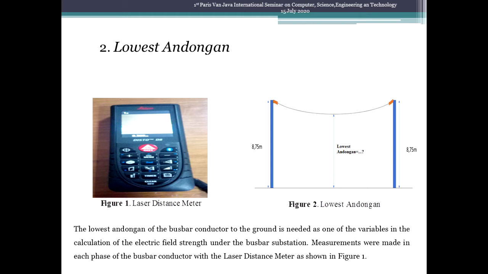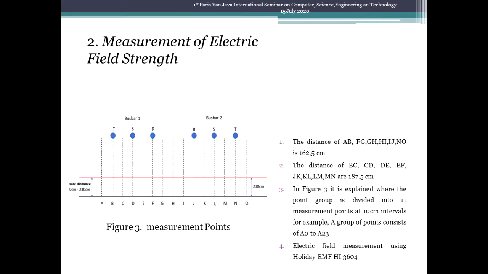Measurements were made in each span of the busbar conductor with the laser distance meter as shown in figure 1. We see figure 3. There are measurement points. The distance AB, FG, GH, HI, IG, and O is 162.5 centimeter. The distance of BC, CD, DE, EF, GK, KL, LM, MN